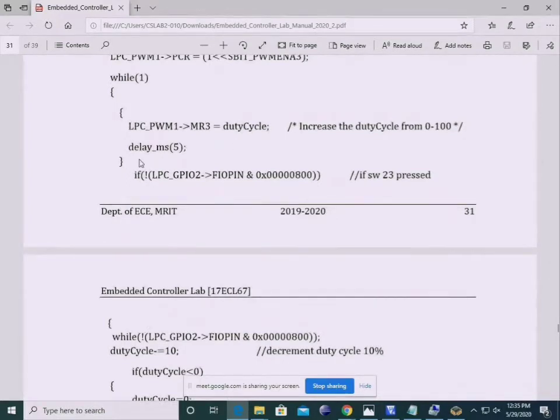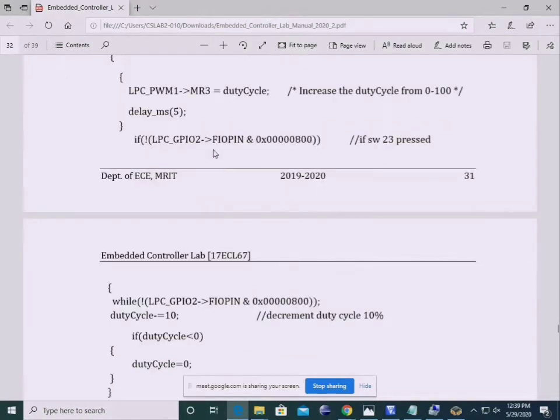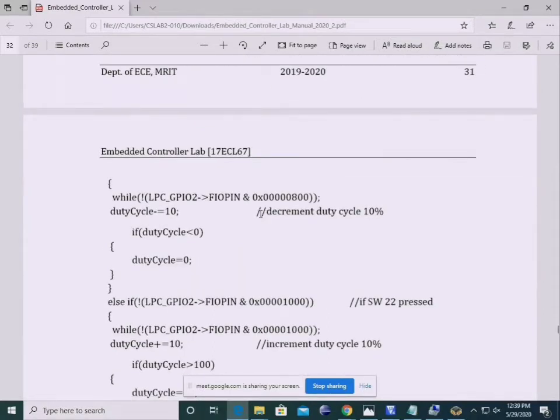Next, we'll have some delay. Within that, we'll check one more thing, that is we are taking some inputs. The input is switch number 23. If switch 23 is pressed, this instruction will detect the press. If the switch is pressed, we'll decrement the duty cycle.